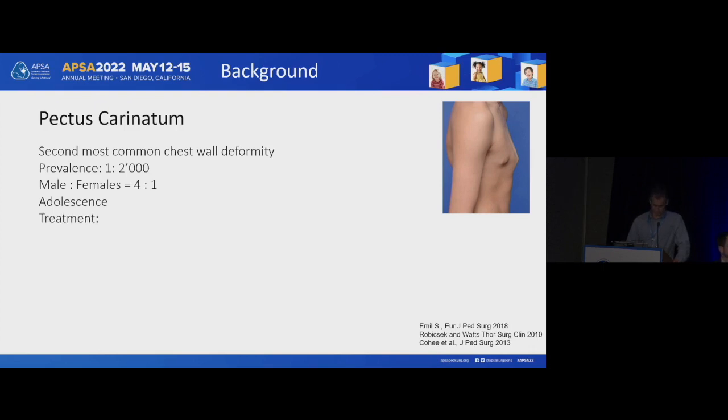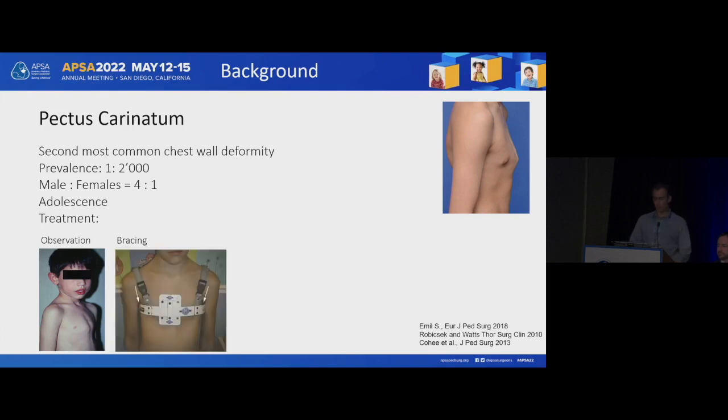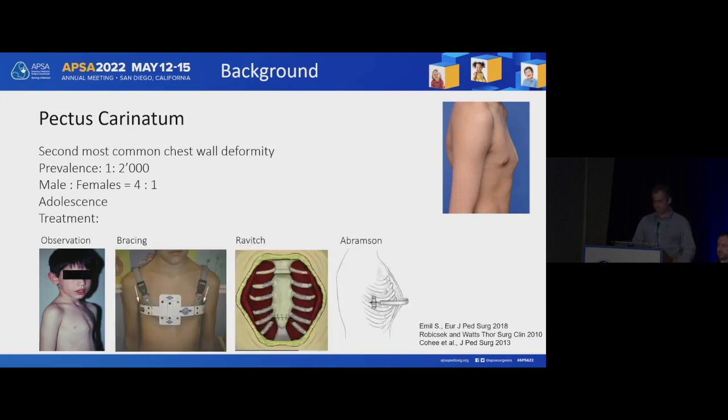So really briefly, the treatment consists either of pure observation, which is typically done in children below the age of 10 years, or bracing, or different surgical techniques: either open surgery by the Ravitch or modified Ravitch technique, where the affected cartilages are resected and an anterior osteotomy is made, or the reverse Nuss or Abramson technique, where a Nuss bar is placed in front of the sternum and the sternum is pulled back and the bar is secured at